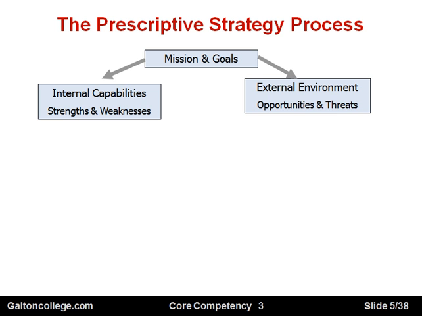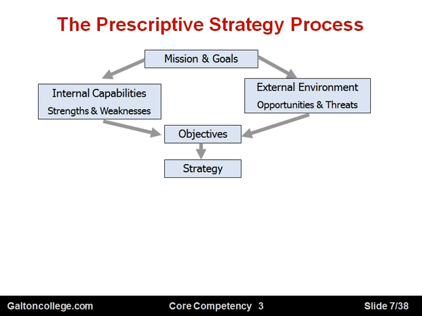And when we put both of these together, we get the objectives of the business. So the objectives are the more realistic set of plans, of ambitions that the business will hold. This has been tempered, if you like, by the external environment and by the internal capabilities of the organization. So we've got the objectives of the business derived from, or recognizing, shall we say, the external and the internal environments.